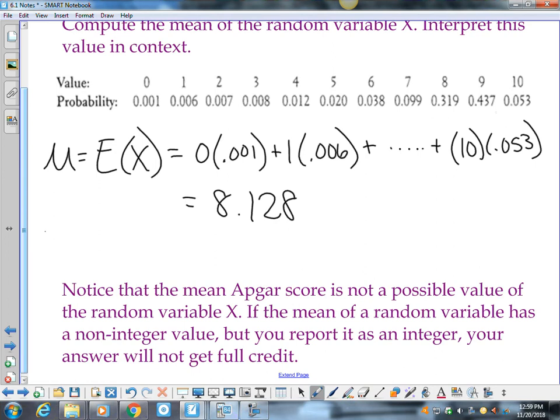What did we say? After many randomly selected babies,